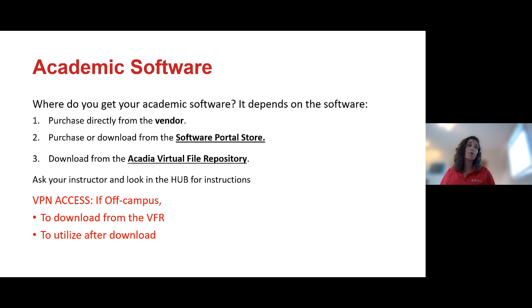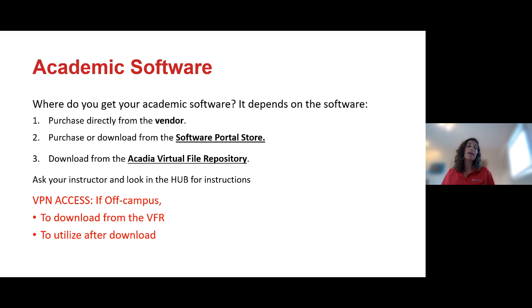Again, if you need help with this, the service desk people and consultants are there to help you. The third place is something we've called the Acadia Virtual File Repository. Now, this is where you can go download software that Acadia has sourced for you. So it's Acadia sourced and Acadia owned software that we're licensed on your behalf. So there are those 3 places to go look. In the hub, for each one of the softwares that your faculty or your professor will tell you that you need to get, will give you instructions on how to get that particular one